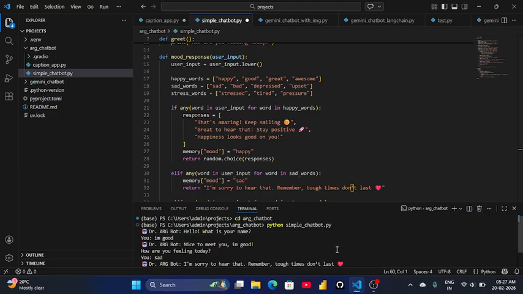Today we are building something very interesting, not just a simple chatbot, but a smart mood-based chatbot using Python. I have built many projects here,